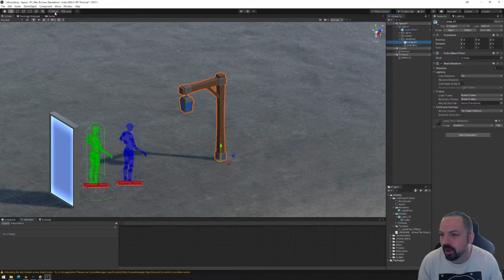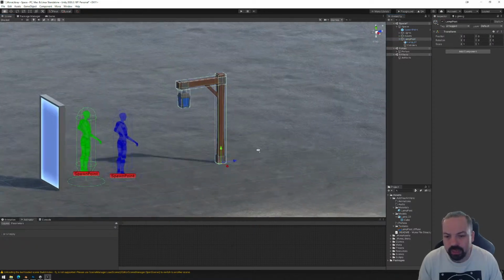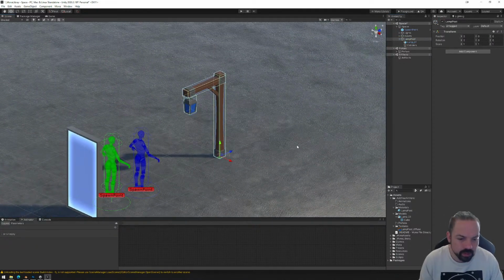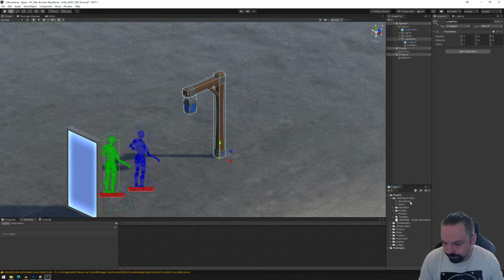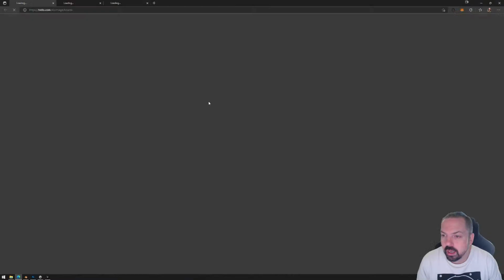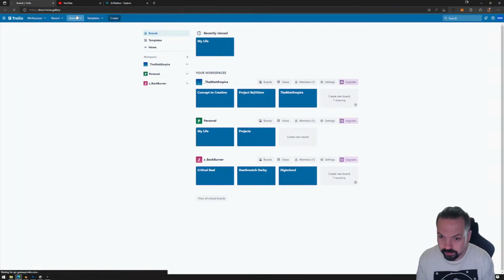And the pivot point on pivot and local on the asset is kind of a key point in that. All right. So we have our asset made how we would normally make it. But when it comes to Mono library assets, there is a file structure that we want to use